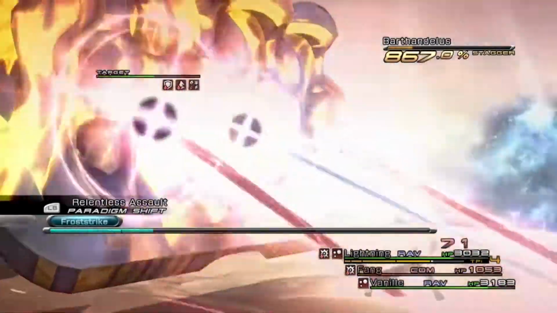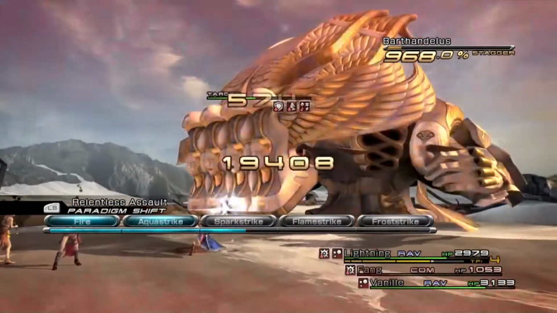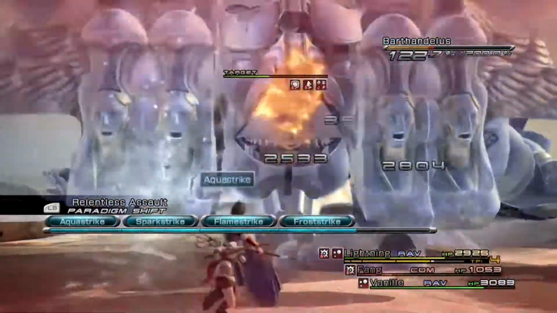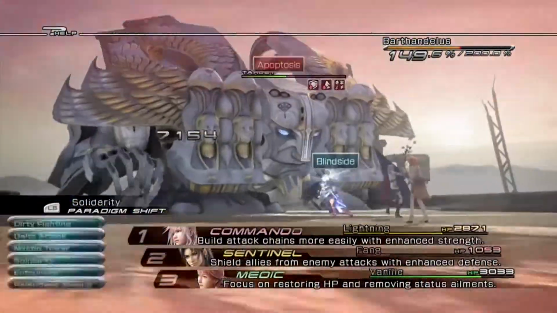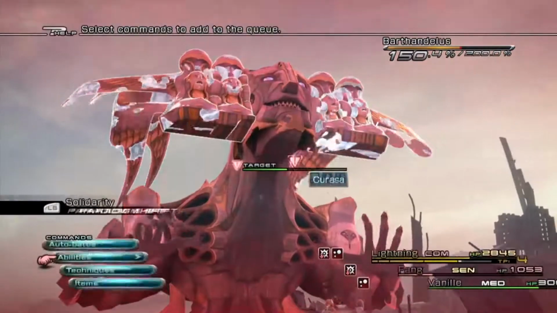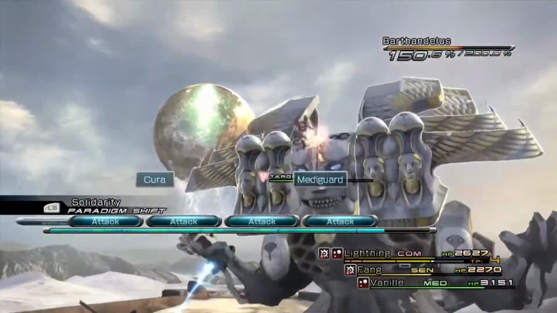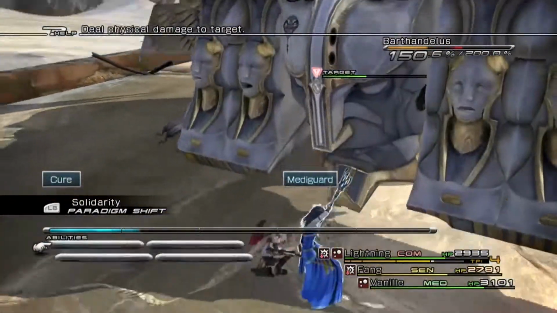Oh shit. Thing's already almost dead again, but we're gonna have to persist through this. Oh, and there's his real face. Alright, let's switch back to Solidarity. So this is his main attack, Apoptosis. What it does is it gets rid of all the debuffs we put on him, and any positive buffs we